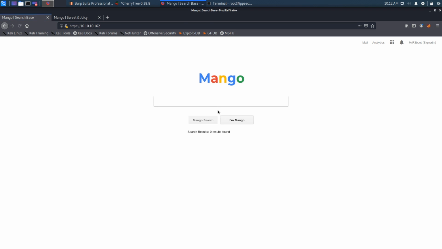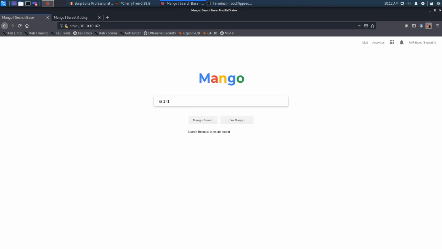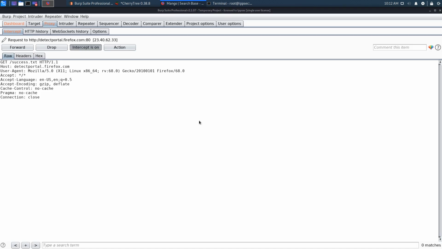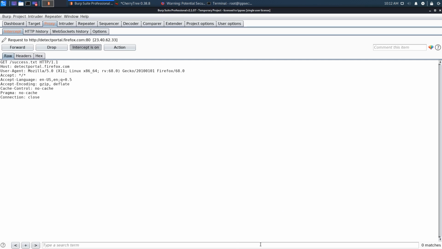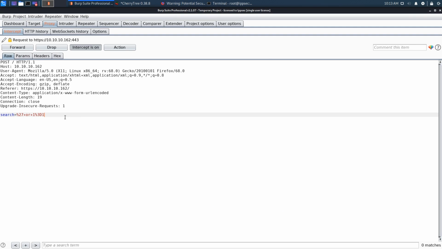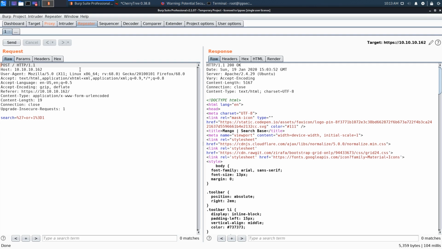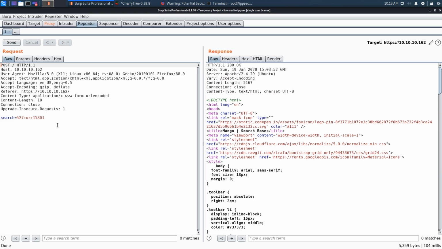If we search things, it doesn't look like we're finding anything. We can do ' or 1=1 and send this over to Burp. Let's see exactly how this does a search. Turn this on, click it. That's not it. Weird, I don't have my Burp SSL cert in this. Let's just accept this request. So we can see this responding, and we get stuff. So what I'm going to do is just put search equals please subscribe, and we can right click this,